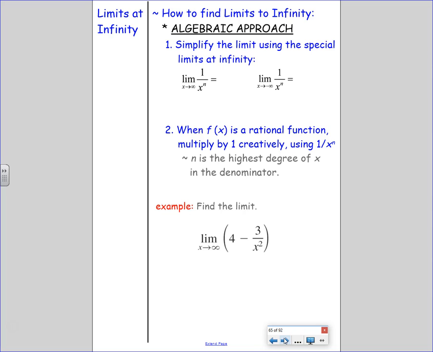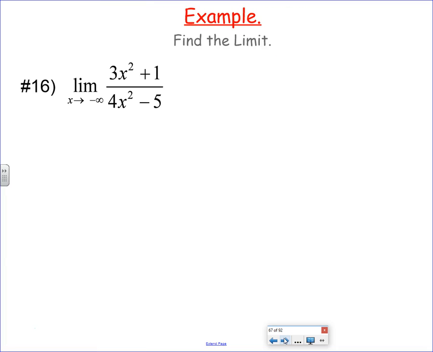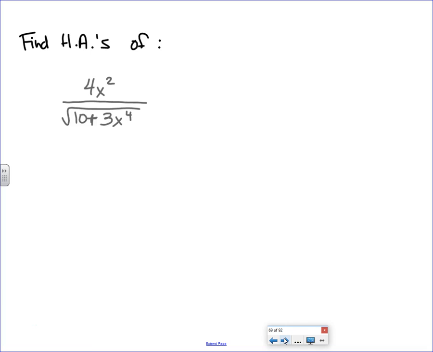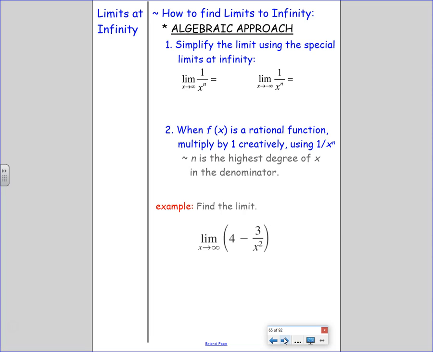Algebraic approach. Even though the shortcut is the degree tests, which you guys already have written down in section 2.6 notes, and which we'll technically review in just a second, there technically is another approach that any college professor would probably show you. So I'm going to show it to you too,